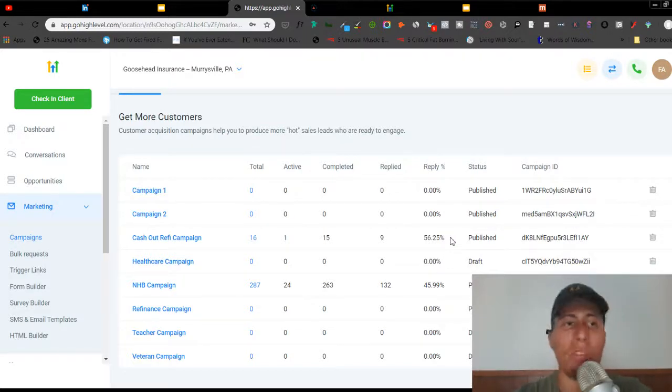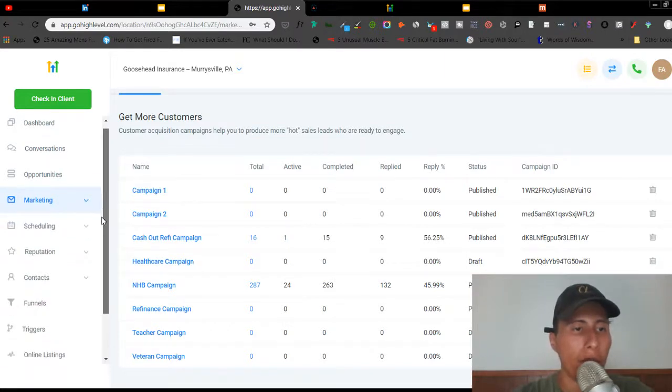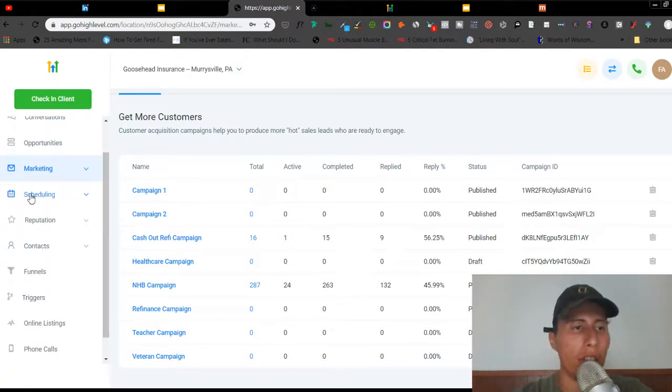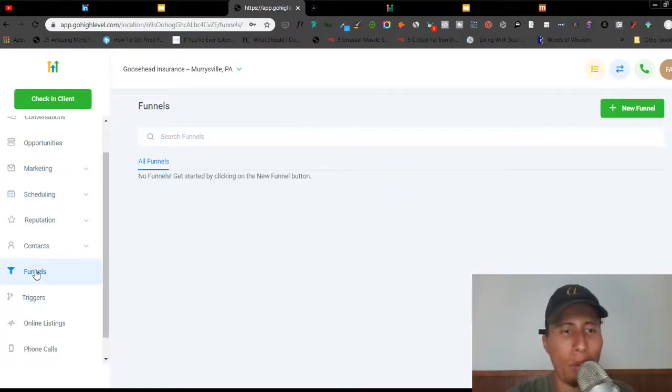So amazing, absolutely amazing. And on top of that, like I said, you can also create your own calendar so you can set appointments, and you can actually include this in the follow-up so that maybe they don't want to text you back or call you back, but maybe they'd much rather set an appointment, and you're able to do that directly under Go High Level, as well as create a funnel. So this is the great part about High Level, is that it allows you to create a funnel, and it actually has some pre-made funnels as well. I don't know if they released that option just yet, but you're able to create a funnel